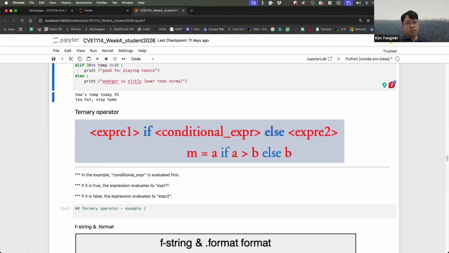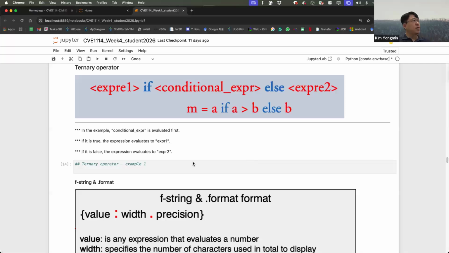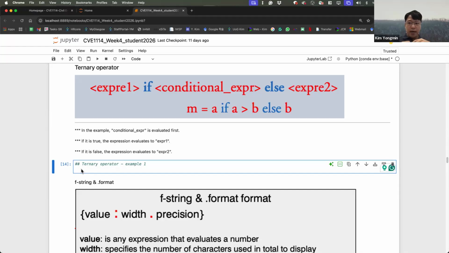So write an expression, then put if and your conditional expression as the second expression. Let me show you a ternary operator example. I'm going to set up a discount calculator. Your purchase order number is 1,000. Wow, you purchased something worth 1,000.